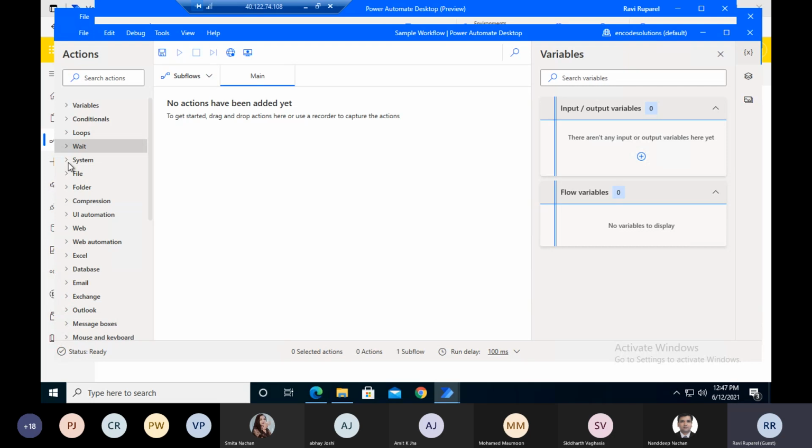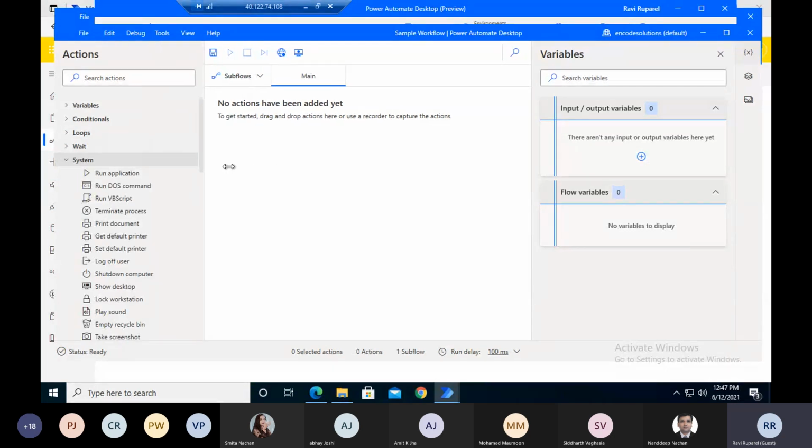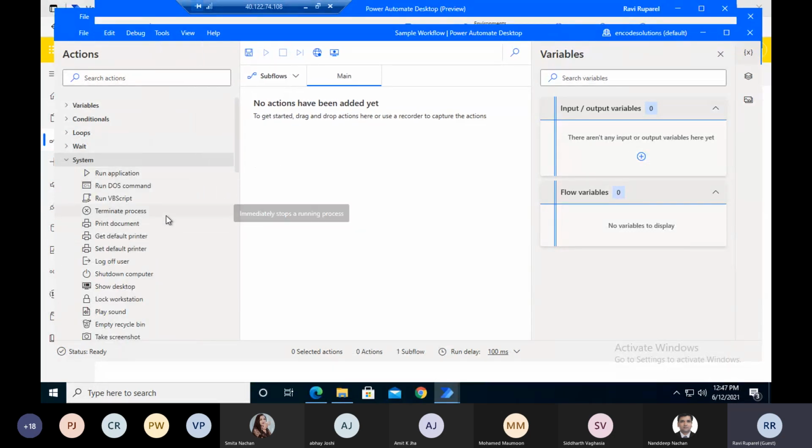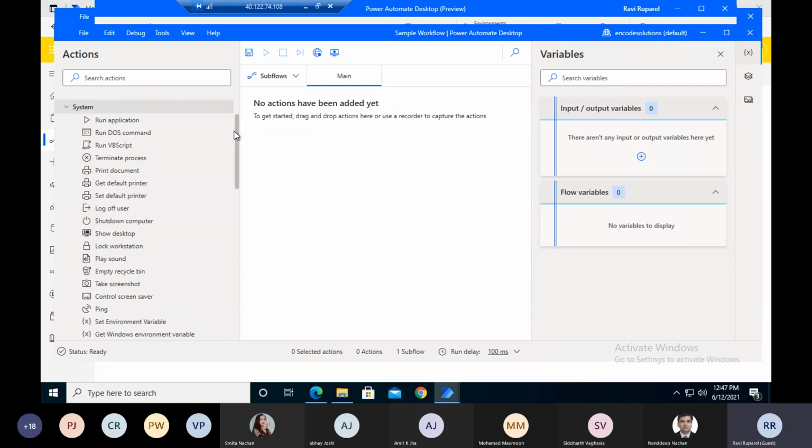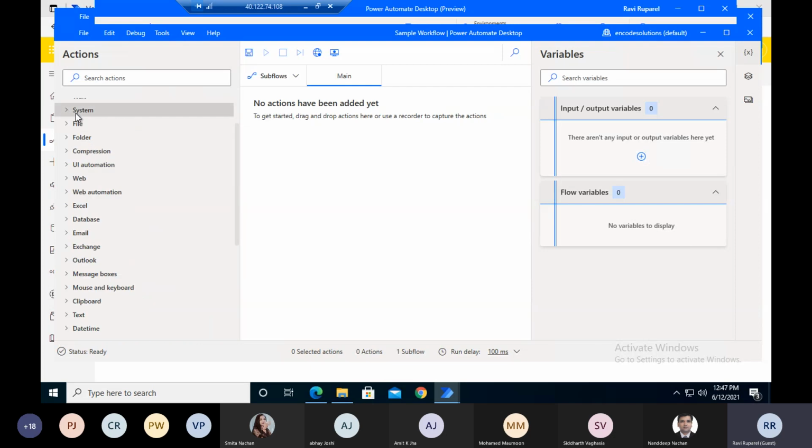There are actions for the system, like if you want to run applications, terminate any process, shut down the computer, show the desktop, or empty the recycle bin. So there are different actions for the desktop also. The next is compression.